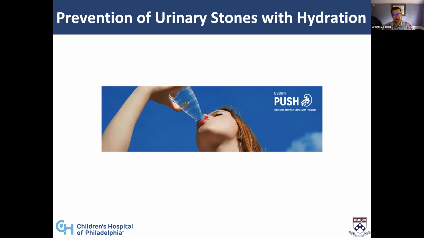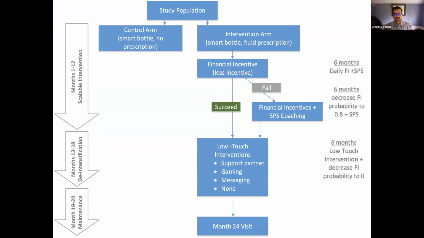This trial is designed to test the efficacy of a multi-component intervention designed to maintain a high fluid intake in order to prevent kidney stone recurrence. It is being conducted in both adolescents and adults, which is the first trial in stones to include both children and adults. And this is the construct of the study design and the intervention, in which participants are